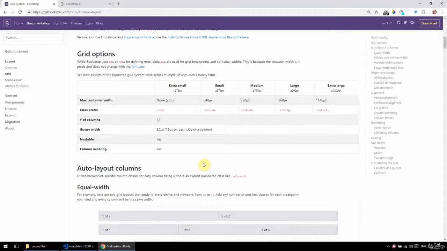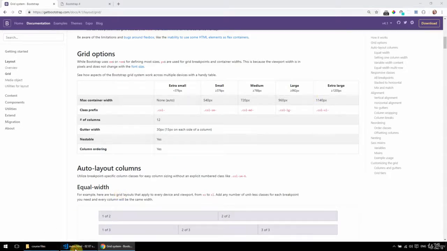So let's say I want to have 4 columns in a row on small screen and up, which has the width of, let's see, 576 and up is the small screen. But I want to have 2 columns in that row on large screens only. Large screens and up, that is. So that's 992 and up. And I want to have full width of 100% below small screen. How would I do that?